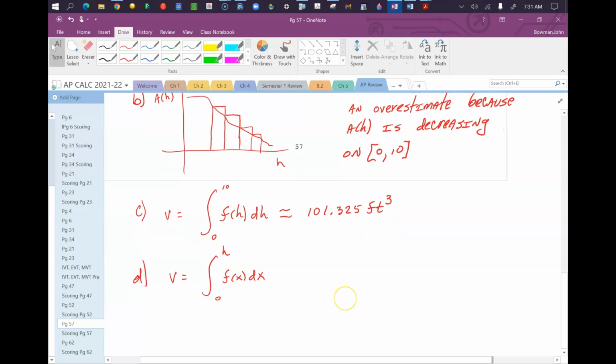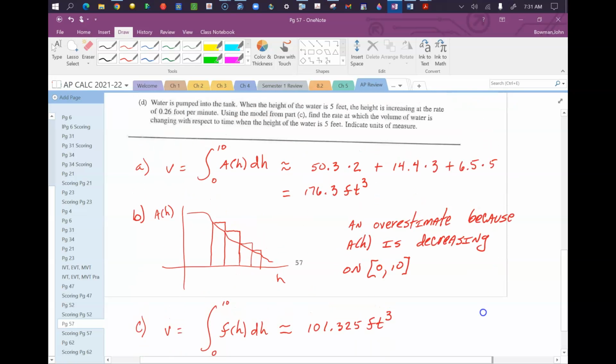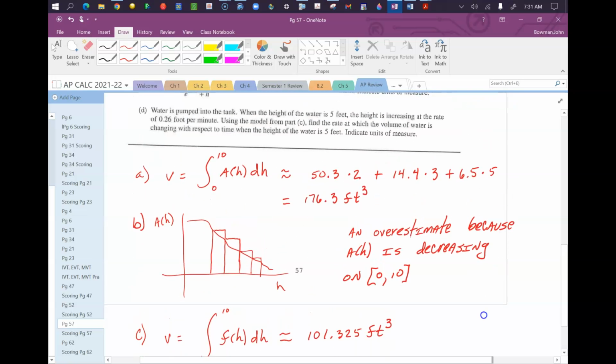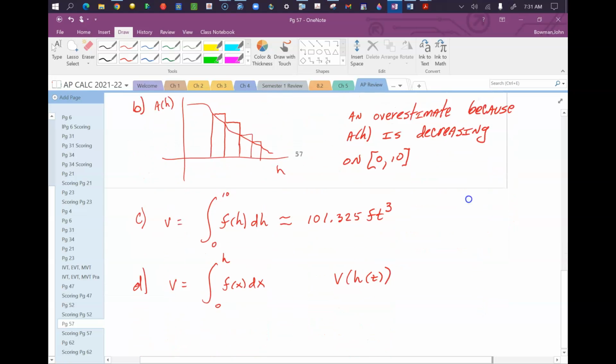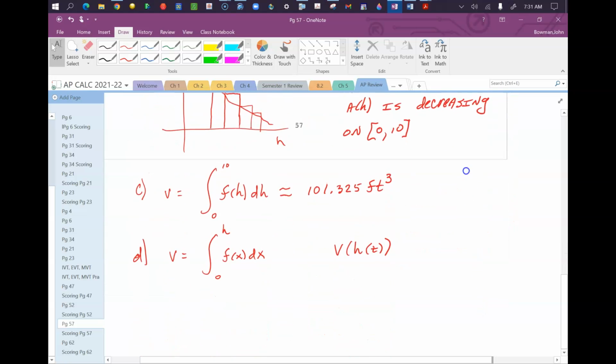So volume is a function of height and height is a function of time, and we want to find the rate at which the volume of water is changing with respect to time at a certain time. So we're basically saying let's find the derivative of V of h of t, which is V prime at h of t